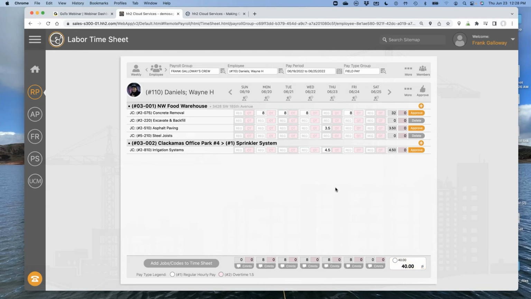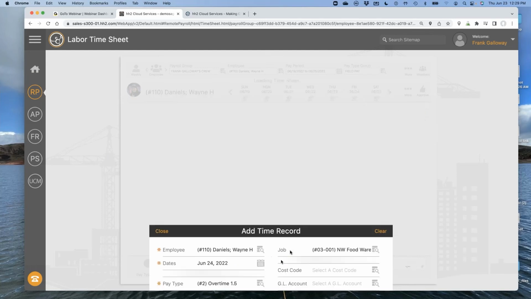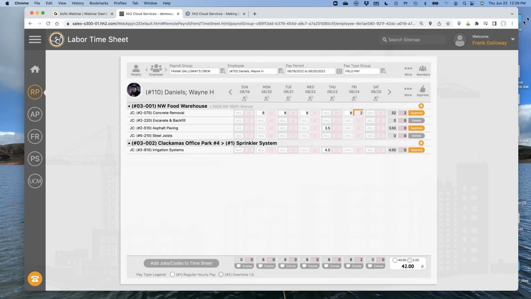Let's not overthink this, and that's how easy it is for me to complete his timesheet. If he had some overtime, I can put in 2 hours of overtime. If I want to specify why he had overtime so people know, I can add a quick comment. Again, those are some features.